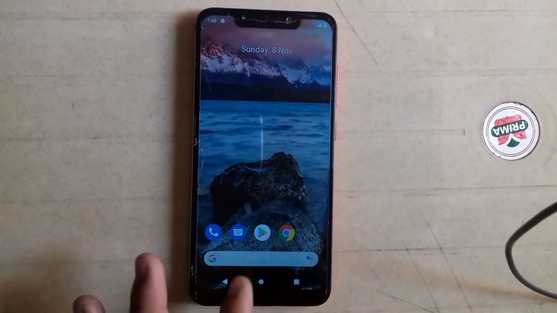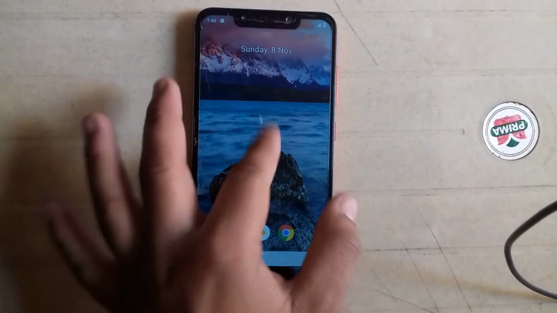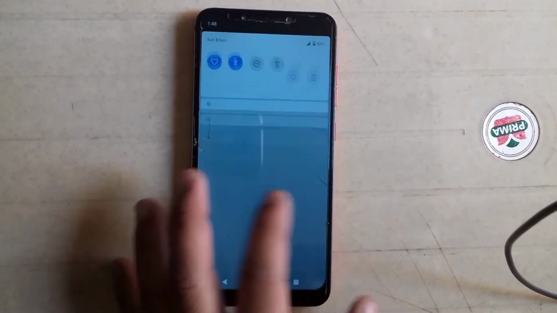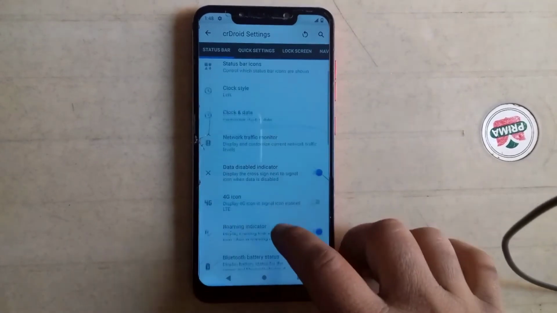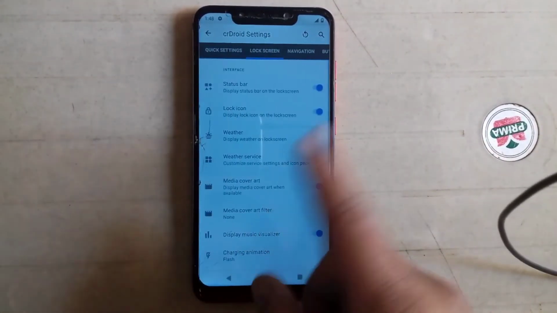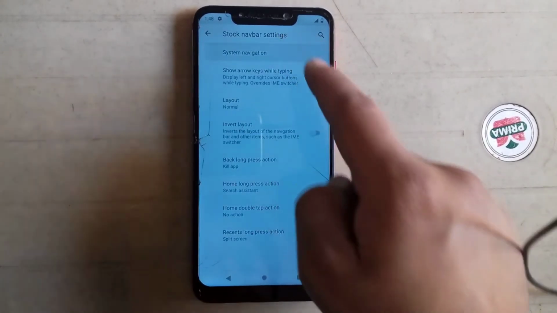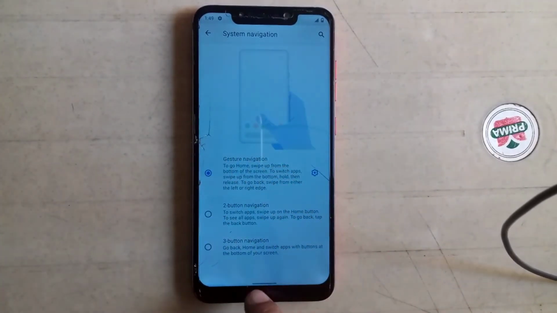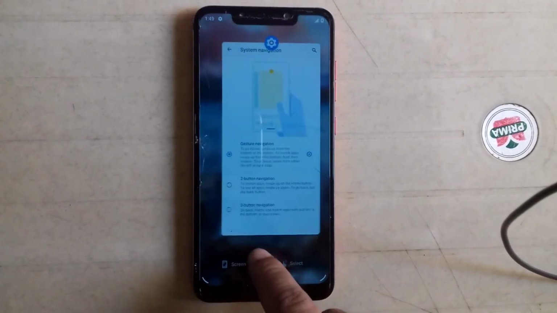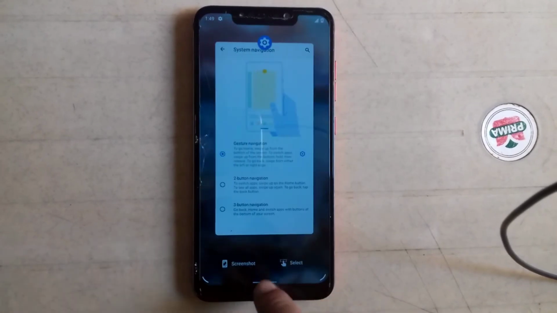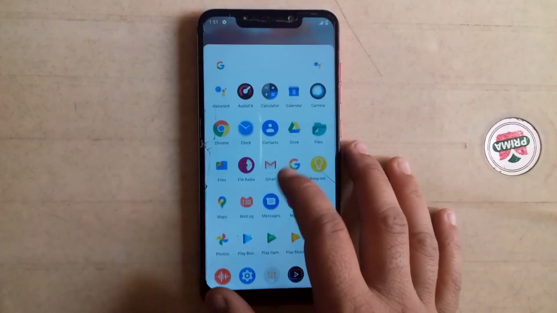Guys, you can customize these buttons and it provides gestures, and here in CRDroid settings you can customize your status bar, your quick settings, lock screen, navigation. For example, here system navigation, here are the gestures, navigation gestures. Okay guys, let me show you some customization.